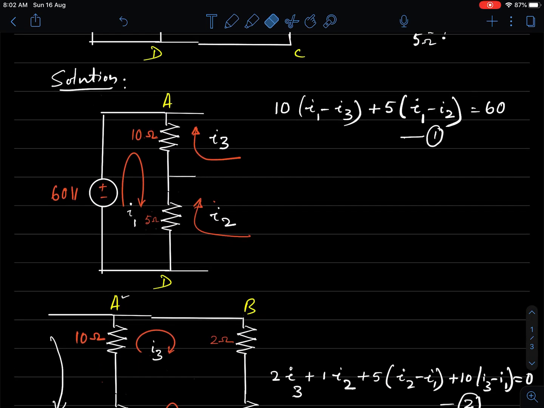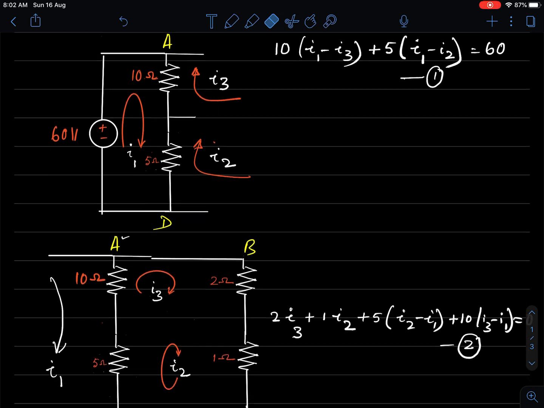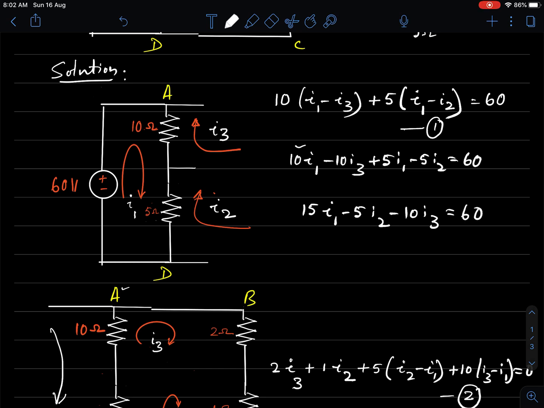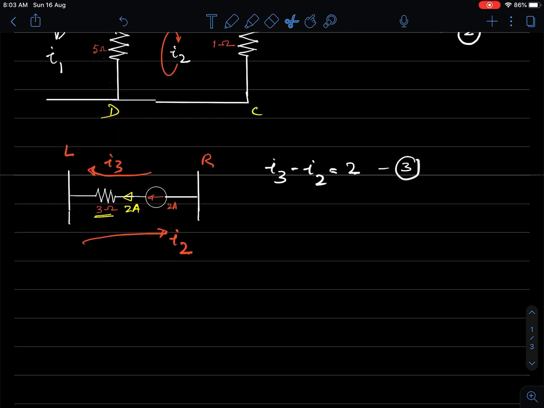Okay, so I will rearrange these equations for simplicity. I will expand equations 1 to 3 and then write them. This is 10I1 minus 10I3, I'm opening up the brackets, plus 5I1 minus 5I2 equal to 60. That will be 15I1 minus 5I2 minus 10I3 equal to 60. There are two I1s which are added up. This is my equation, let us say 4. I'll pick this equation 4 and paste it at the bottom so that I will be able to use it